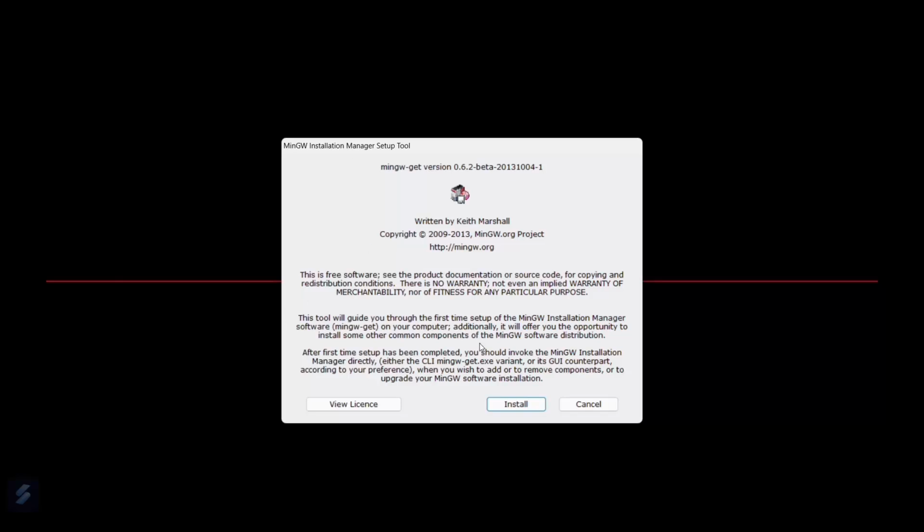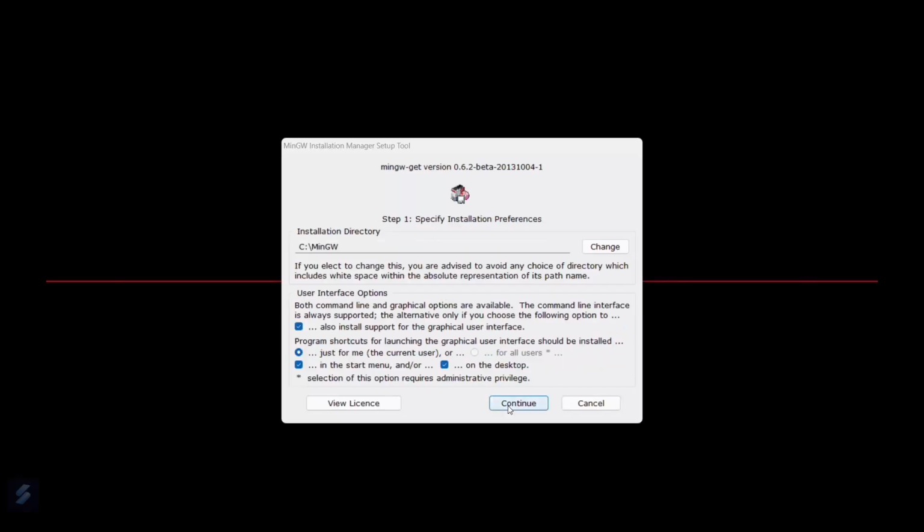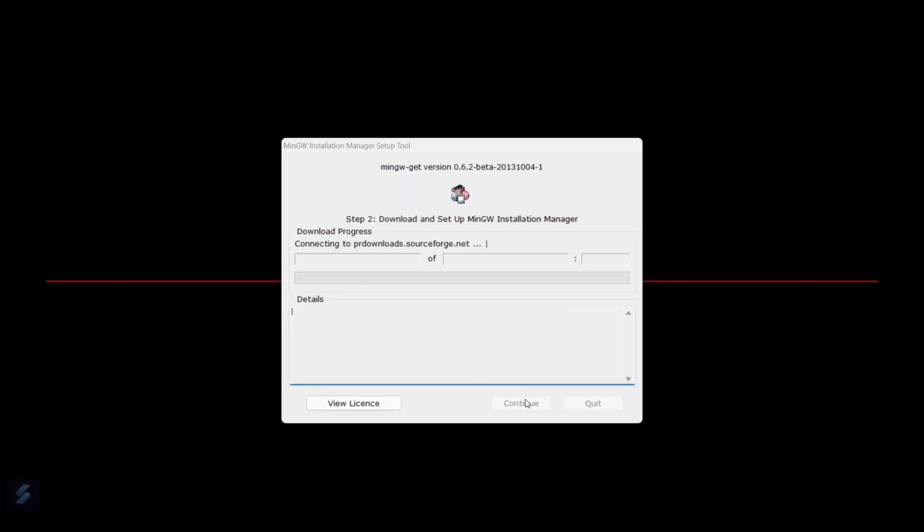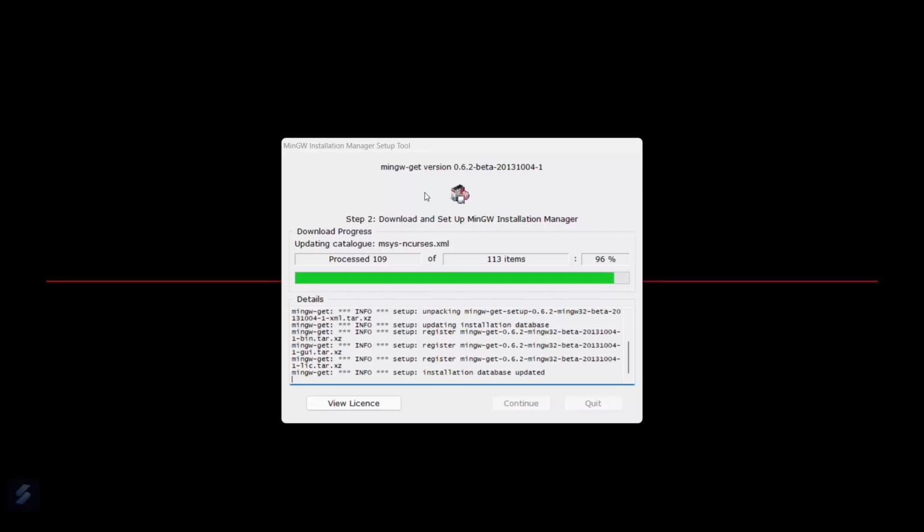So this is the installation window. Just click here and then keep it as default. This will start installing your mingw. Let's wait for some seconds. So yeah, my download is done. Now let's click on continue